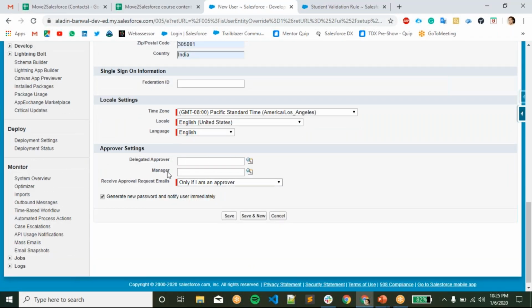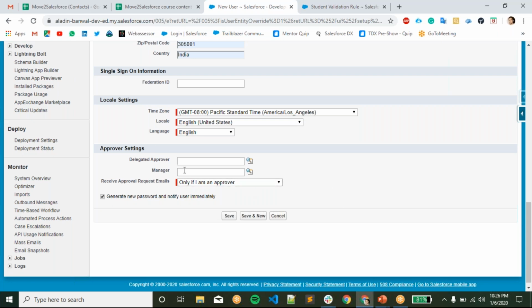From here, this is the approver setting. So approver setting is nothing but the approval request. If you are going to create any approval, like the leave approval part, let's say we have a leave approval process in our system, and if any employee is going to apply for a leave, then the manager or the higher authority of the user will only be able to approve that request.